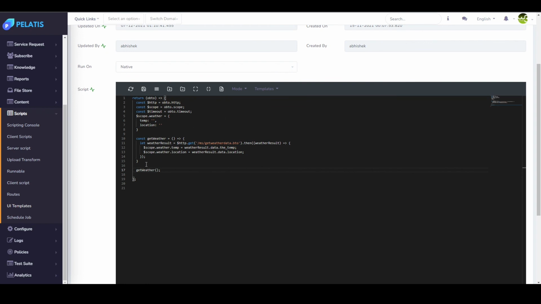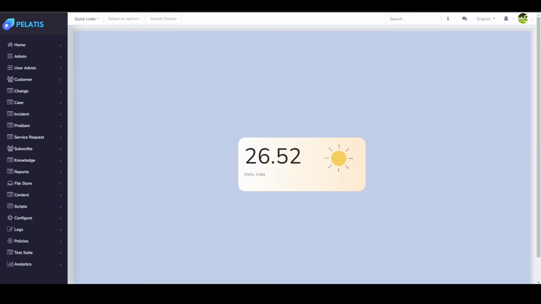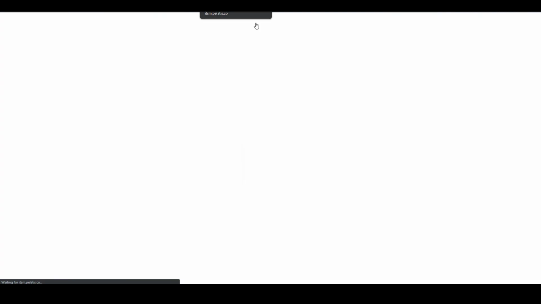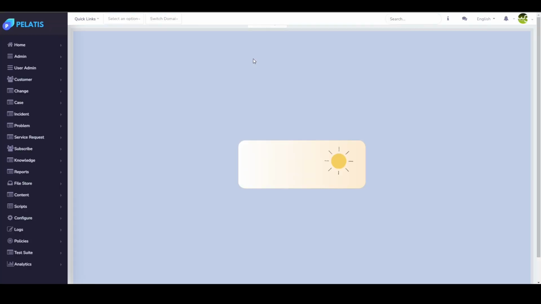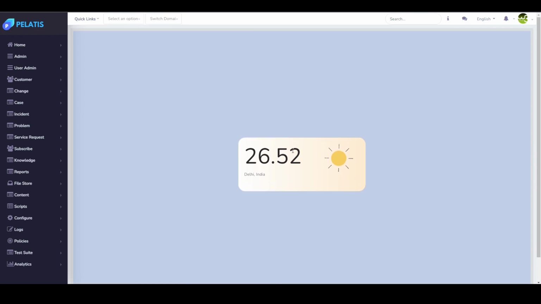Inside this function we call the get weather function, make an http.get request, get the result and assign it to weather.temp and weather.location, and that's how the view gets populated by the data. If we refresh this, it took some time, but yeah, we got the result, right? It's showing the temperature and this is the location.